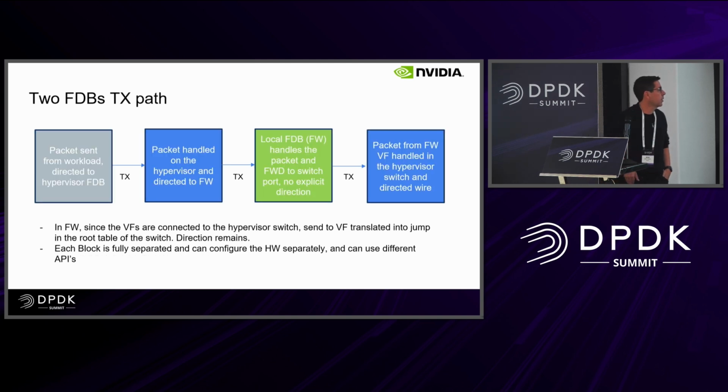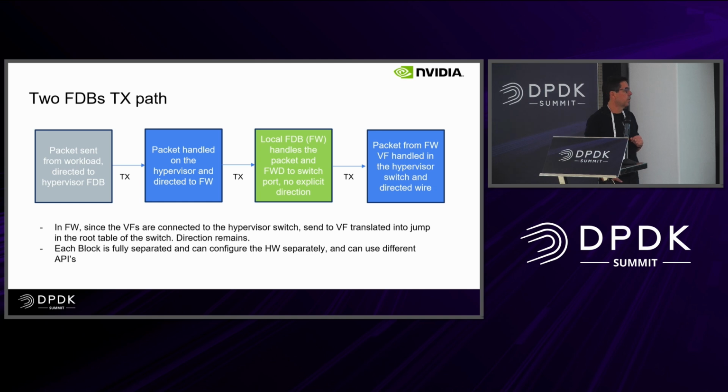Okay, on the TX side, this is the same. The workload is sending packets to the hypervisor. The hypervisor, the switch will do the switching part, then we send to the firewall. If the firewall approves this packet, it will send it to the wire. No need to change the packets, okay? Now, there's still limitation on that, because